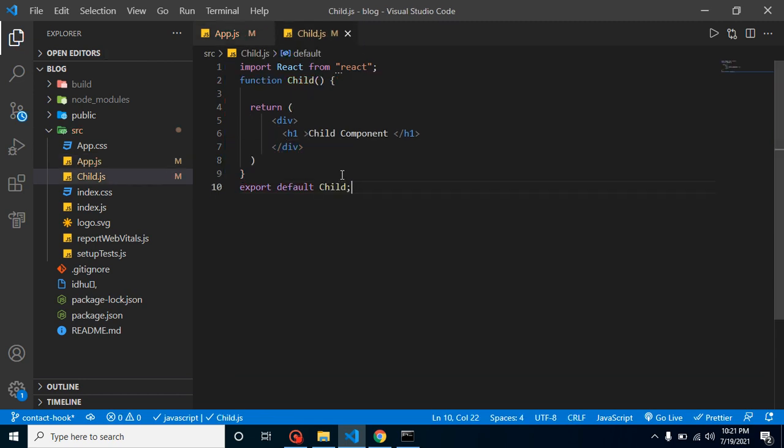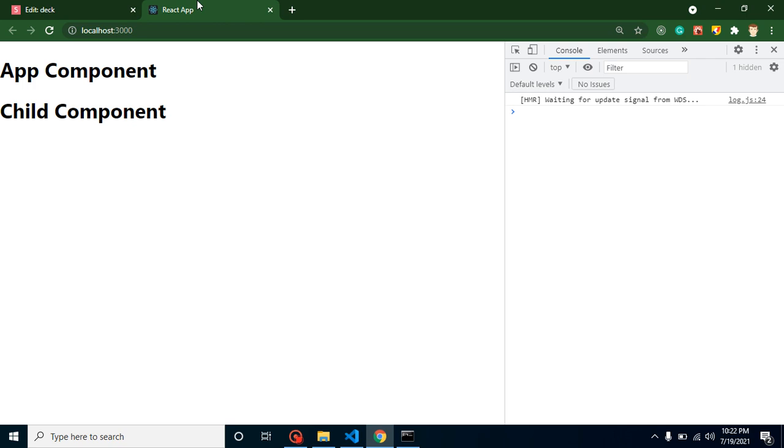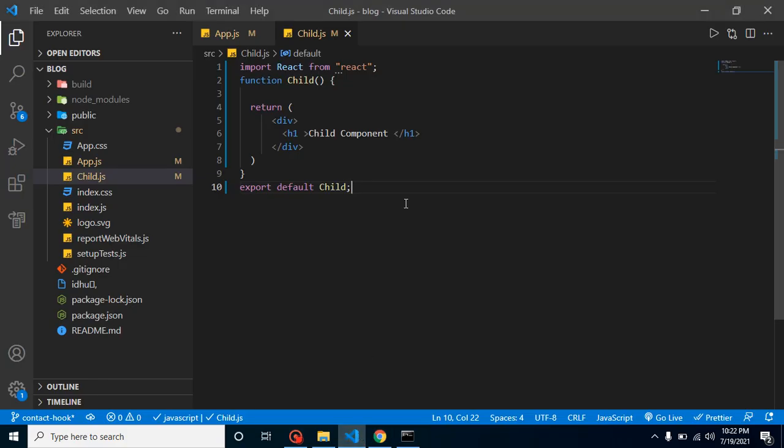Great. So let's see, is it working fine? Yes, this is working fine. So I want to send some data from the app component to the child component without props, because if we are using props, then it will not be a Context API. And by just passing the props, we can send data from one component to two or three components. If we have lots of components, we cannot send data, right?